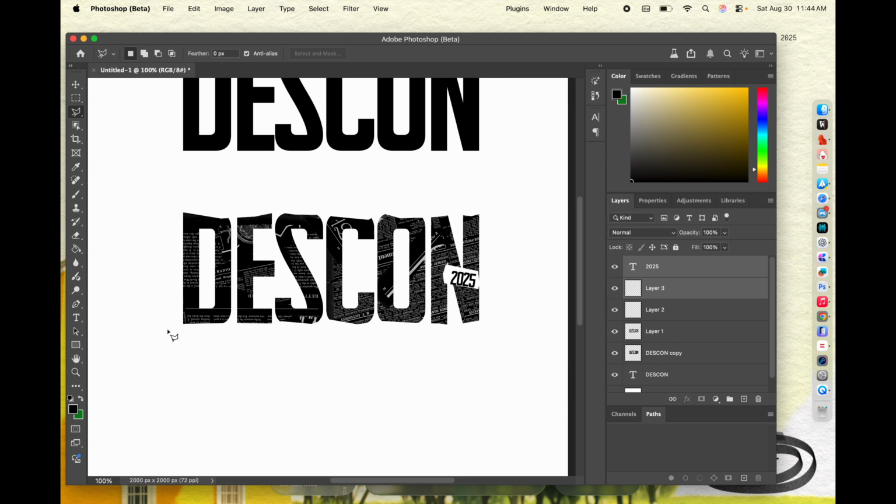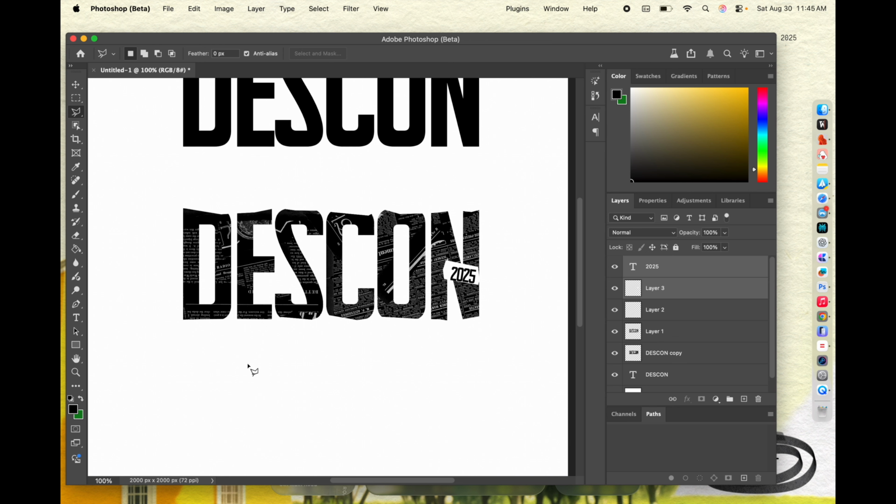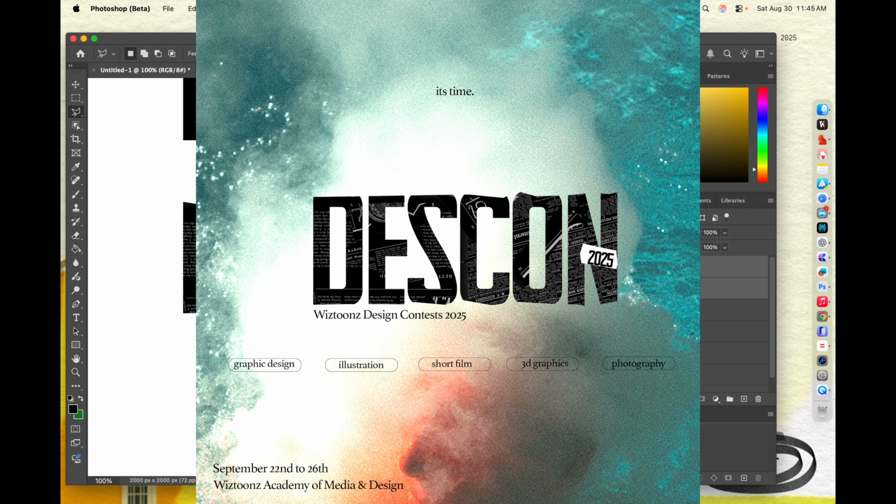So maybe this motif of this rough cut and paper texture is something that I can use for every collateral that I will be designing for this particular event, right? I can use that as an identity material where maybe a border with these kind of textures bleeding on to the design, right? So this is how you work on stuff like that, and I hope this actually makes sense,